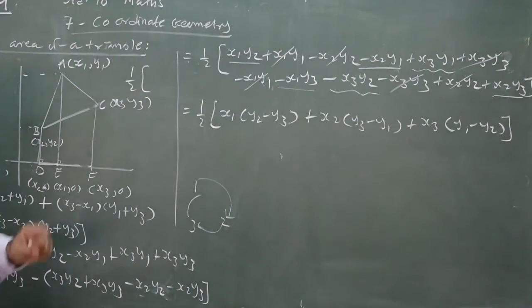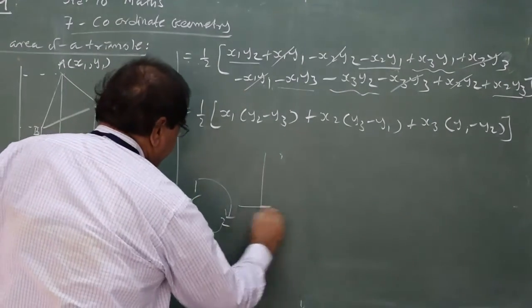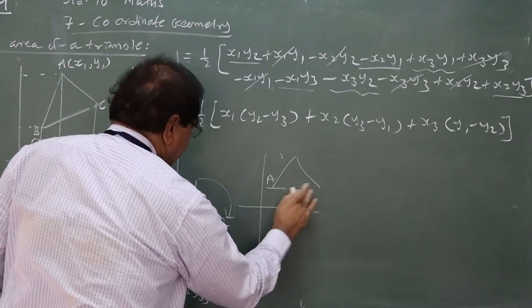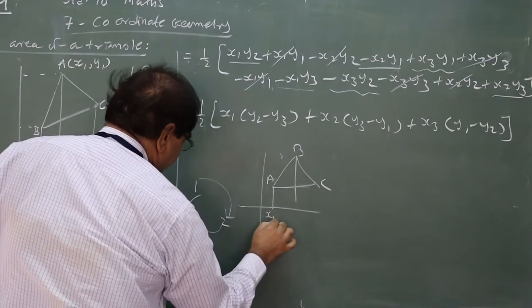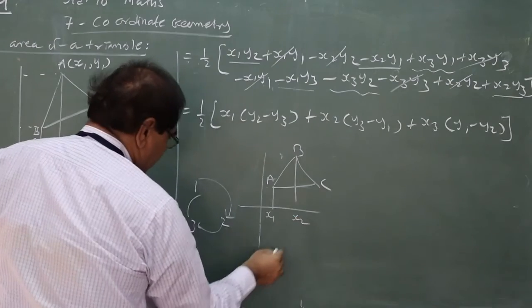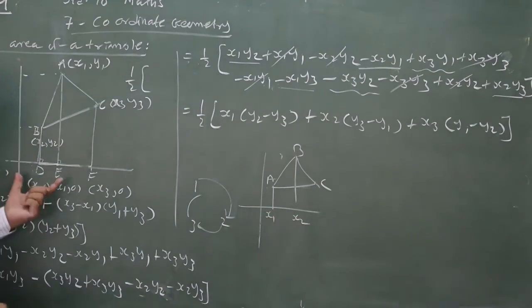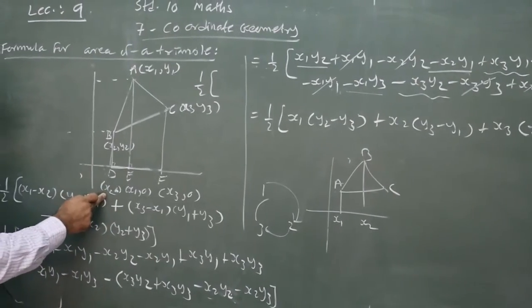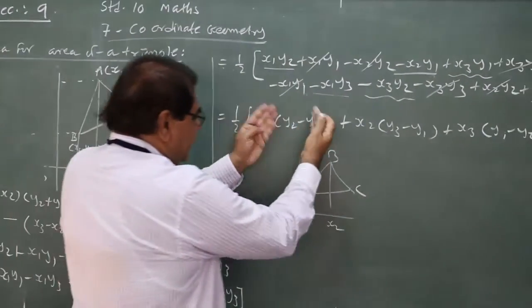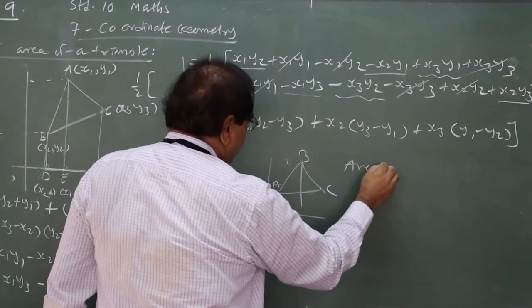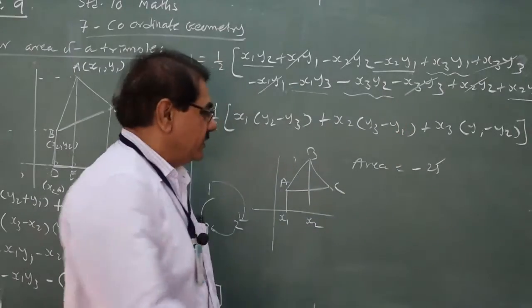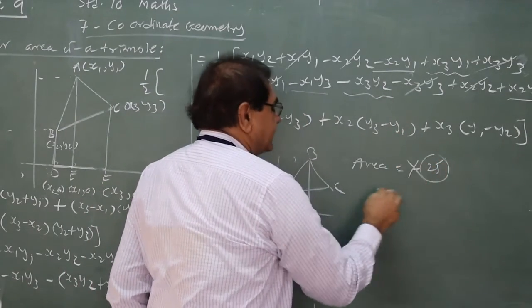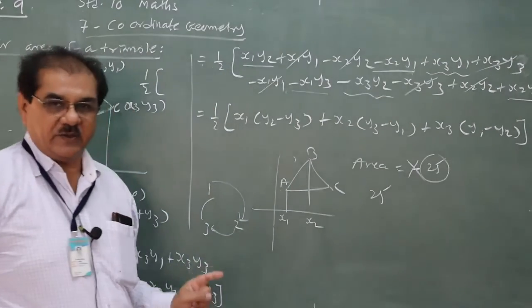Now only one thing I tell you, that this triangle is not always like this. Sometimes in your triangle, A is here, B is here and C is here. At that time, it is x1 and it is x2, so here x1 is less than x2. In our figure, x1 was more than x2. So sometimes the answer appears negative. Suppose you finally get the area as minus 25. But remember, area is never negative, so you should take only the magnitude, not the sign, and take the answer as 25 square units. Is that clear?